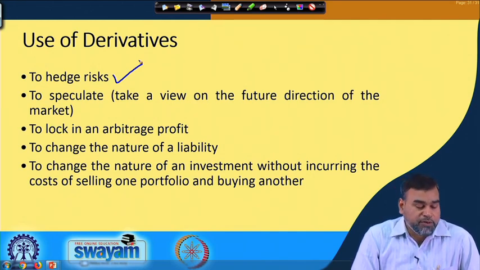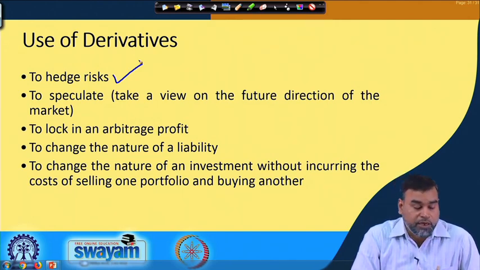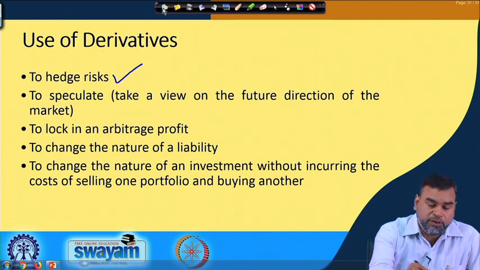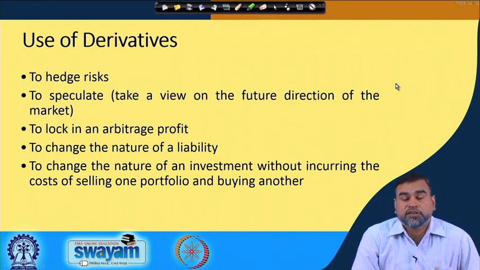and whenever we use swap kind of contracts, because we have different types of instruments, we have futures, options, swaps and all, the swaps are mostly used to change the nature of liability and the asset, which we will explain further, how it works. Then the nature of an investment can be changed without incurring the cost of selling one portfolio and buying another. So, these are the different uses of derivatives. One by one, whenever we discuss them, you can relate how these particular uses are working